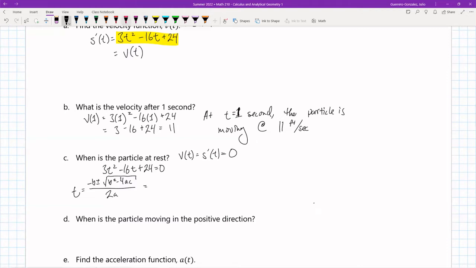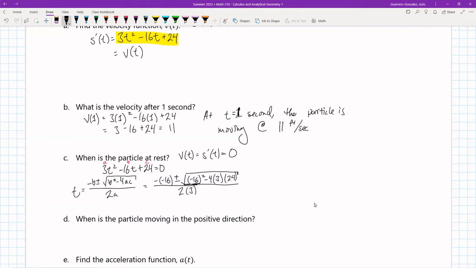And all that's left to do is call this my a, b, c, and we're off to the races. So minus b, minus 16. Make sure that you're carrying the negative with a negative, okay? Plus or minus the square root of b squared, so minus 16 squared minus 4. A is 3, c is 24. Close that up. All over